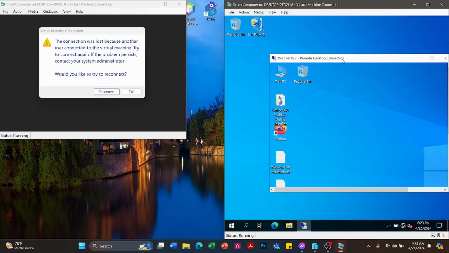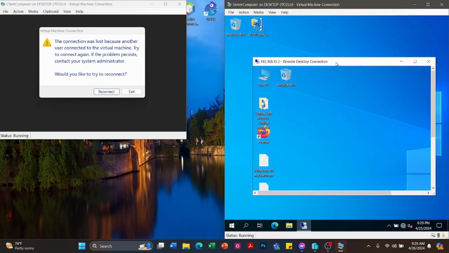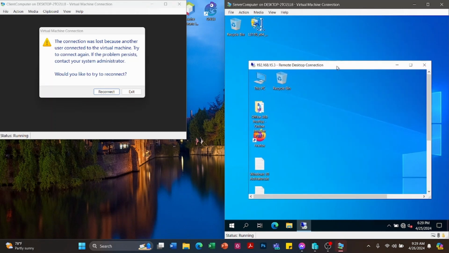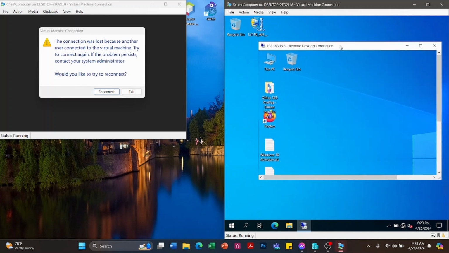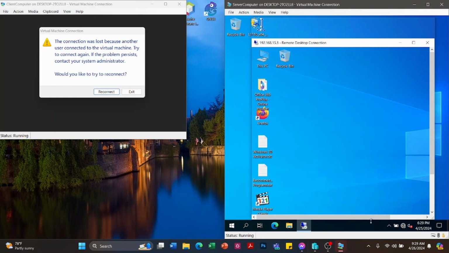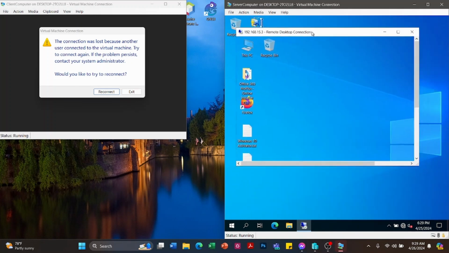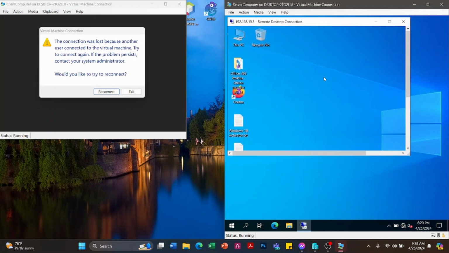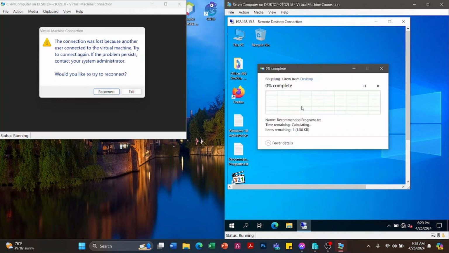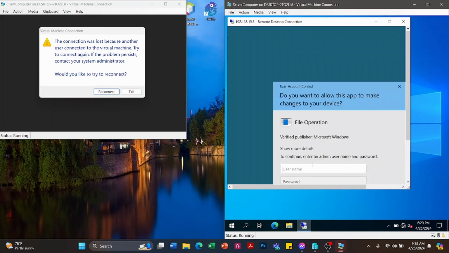Okay, so as you can see, we have a window for the client computer's desktop. So we have successfully opened the remote client computer. Okay, so we can manipulate this one. We can delete the files of the client computer.